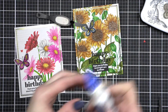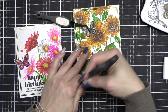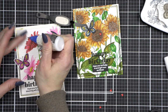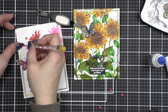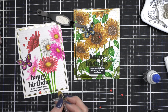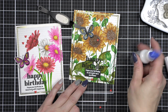Both of these cards are very mail friendly, or postal service friendly, maybe I should say, simply because they don't have a ton of bulk. All of the layering is fairly flat with the exception of these butterflies and hearts, and I guess the sentiment strip on the one card, but otherwise everything is super flat. I love that. I love a card that I don't have to worry so much about going through the